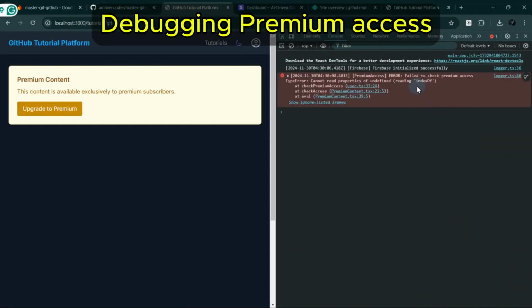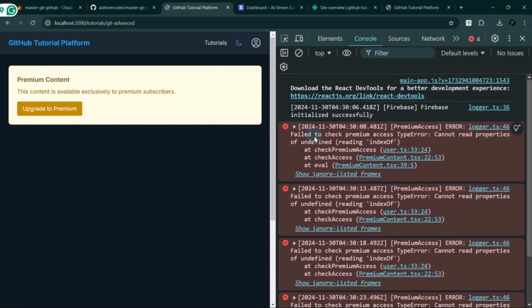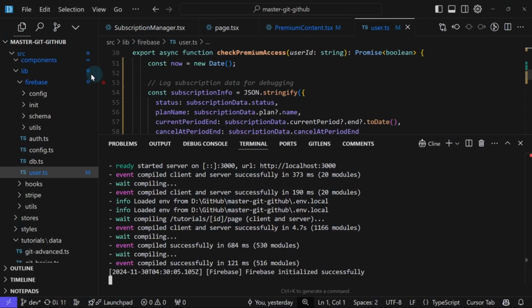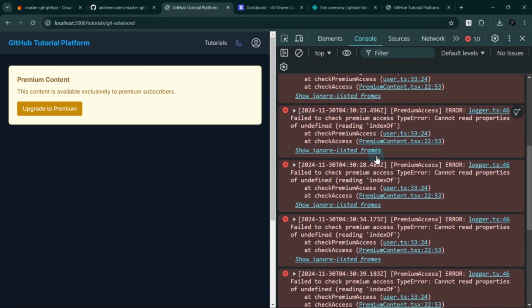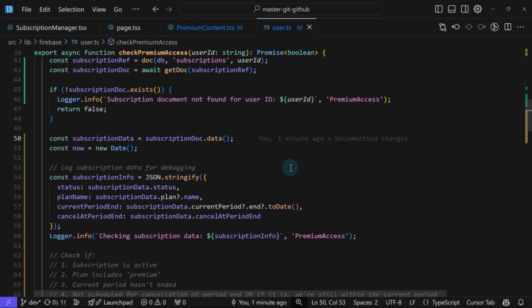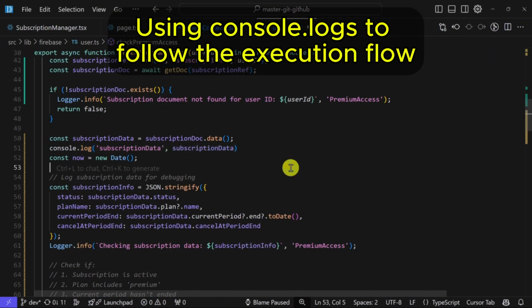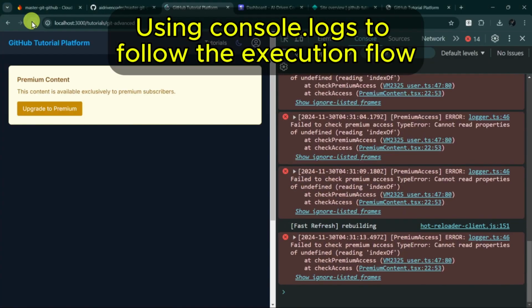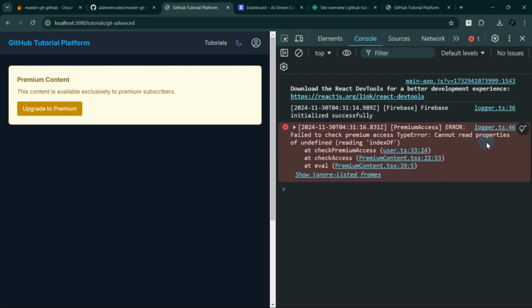Okay, so I cannot check the premium access under this. It says here that it failed to check the premium access. We can copy this part and look at what part of the code is checking that. So, logging, checking subscription data. We don't have that data yet. Maybe we can log this instead. Console log. But it goes straight to the error.